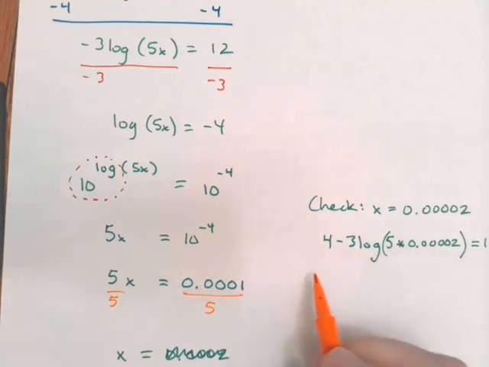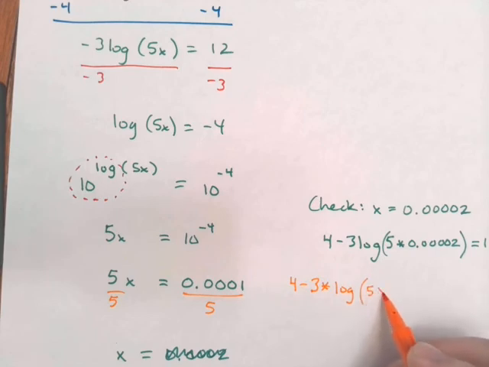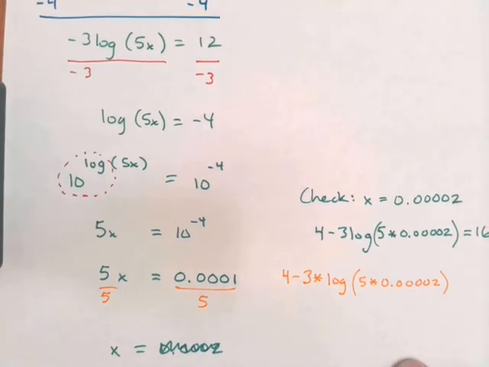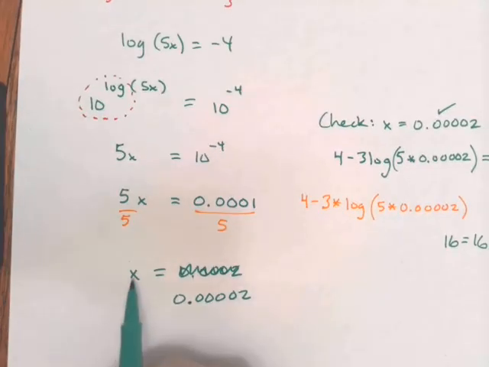So if I'm typing that in my calculator, I'm going to do 4 minus 3. You could put multiplication in there, but you wouldn't have to. Just use the regular log button. 5 times 0.00002. I would type it in just like that on my calculator, and if you evaluate that, it does give us an answer of 16. So we end up with 16 equals 16, which is a true statement, and our solution for this does end up being this value of